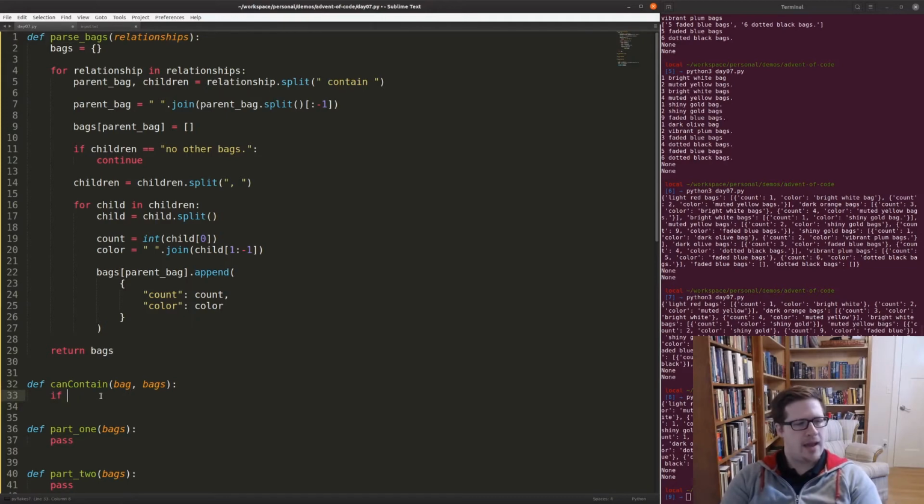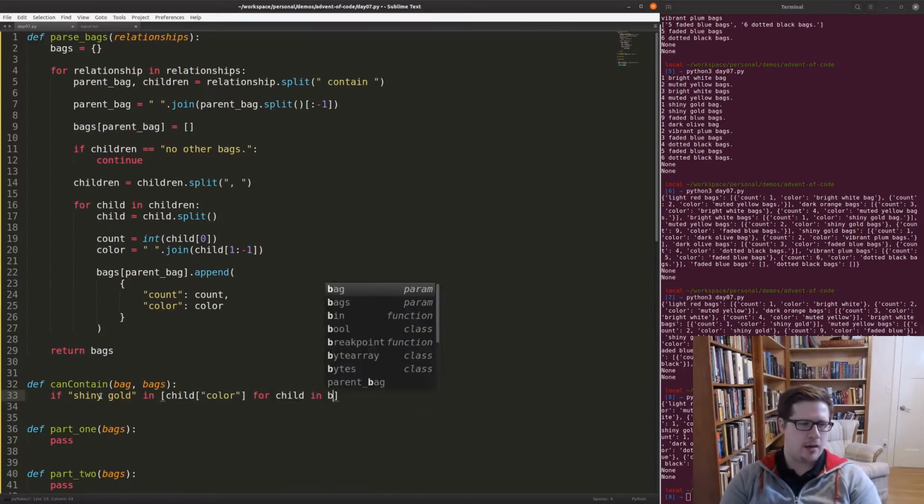Okay, so if we have shiny gold in the, okay, so now we've got children, or let's say child color. So if shiny gold in child color for child in bag,